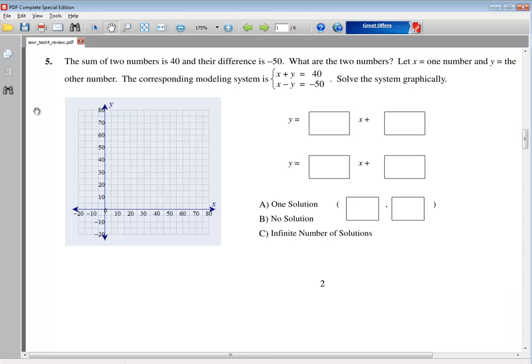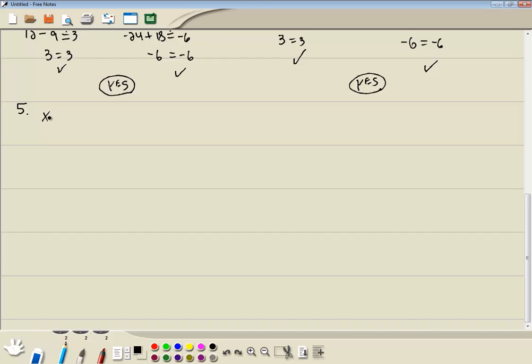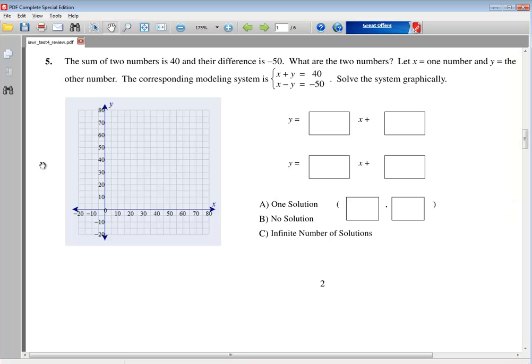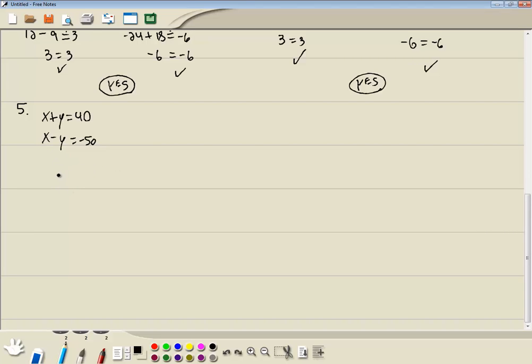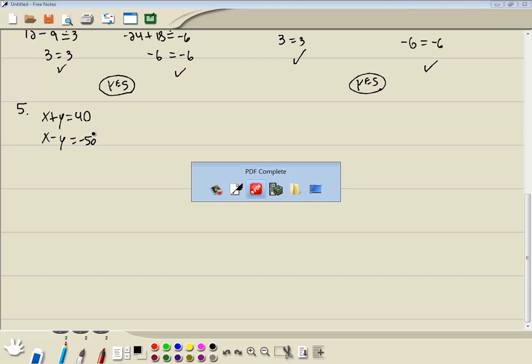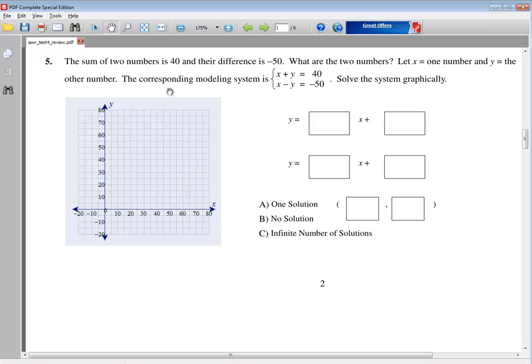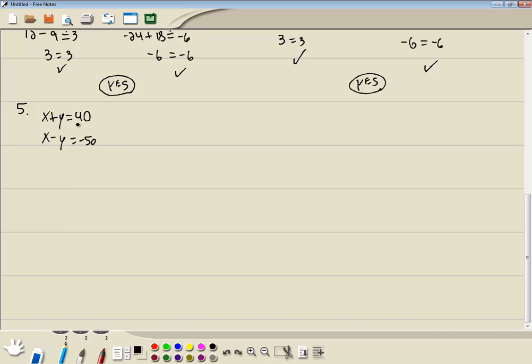Okay. x plus y is equal to 40. x minus y is equal to negative 50. Oh, it's such perfect form for the addition method, which I'll show here in a minute. Okay, so to graph these, there are different ways you can do this. Oh, it does say solve for y. I'd probably say finding the x-intercept and y-intercept is the easiest way. But since they say solve for y,